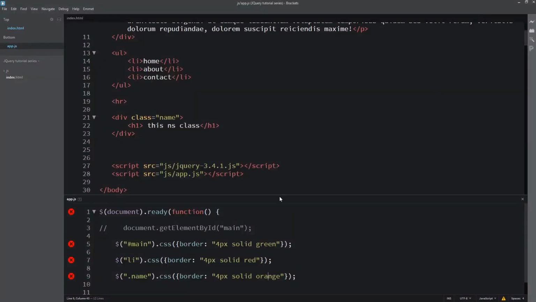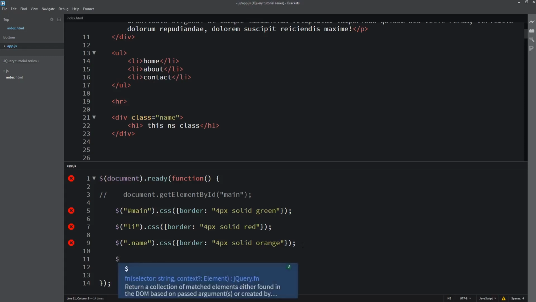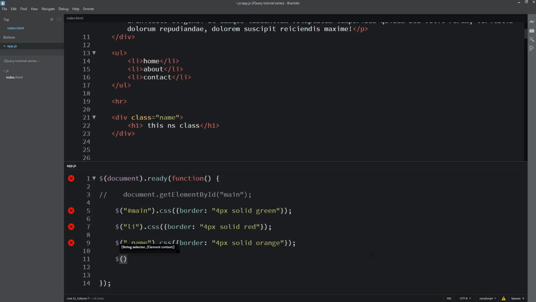So now, the selectors for jQuery are very simple. When you want to select any item in the DOM, you do it exactly the way you do for CSS, but you need to put them inside this jQuery syntax, which is this $. You first write this $, then open a bracket like this. Then inside the bracket, you put your quotes. Then here you can write the element you target.